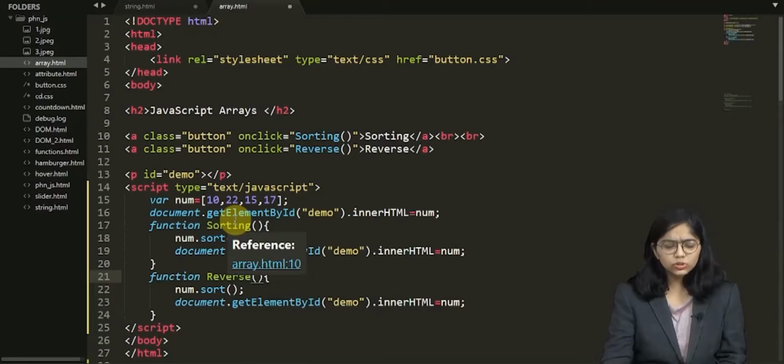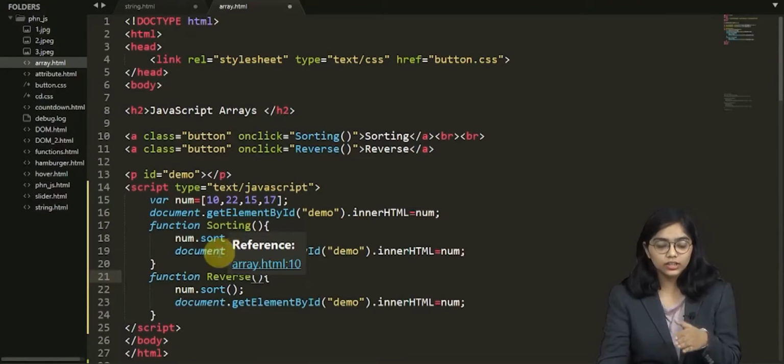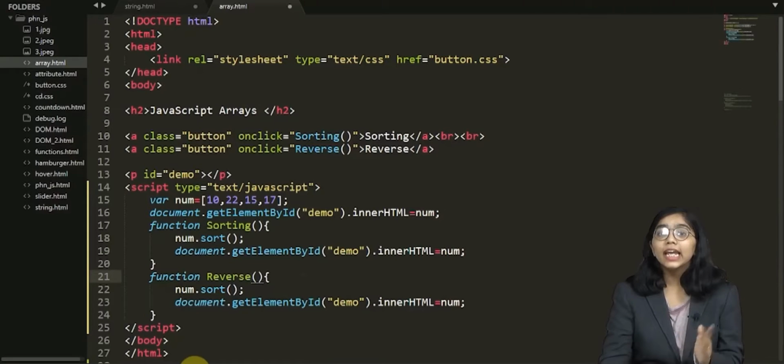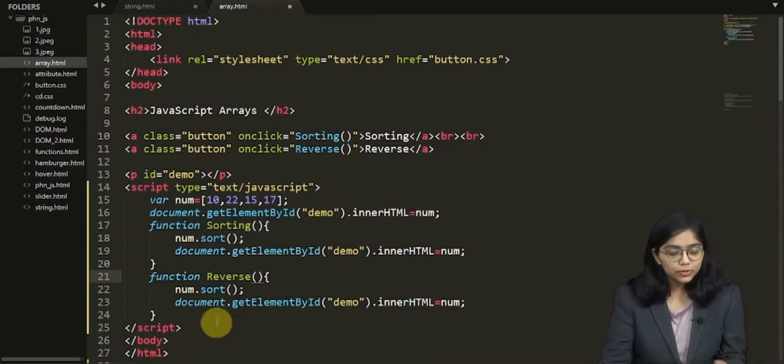Now what does sorting do? Sorting arranges the elements in sequence in an increasing order. When we want to reverse it, either you can reverse the already existing array, or you can first sort the array and then reverse it. In that way you will get a sequence in a decreasing order. So we are going to do the same.